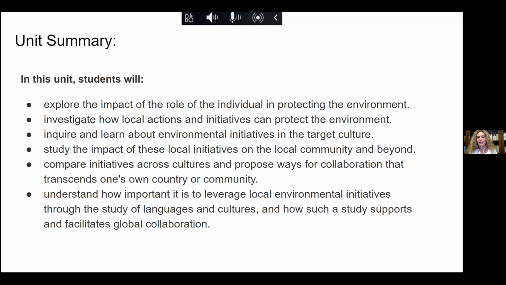This unit will invite the students to explore the role of the individual in protecting the environment. It also invites the students to investigate how local actions and initiatives can contribute to protecting the environment. It is more of an investigation and inquiry. We're asking the students to see what they can do as individuals, how to reach out to the local community and see what the local environmental initiatives in that community are. And then I will help them to understand how the study of language and culture will leverage these local environmental initiatives and help in global collaboration to solve the same